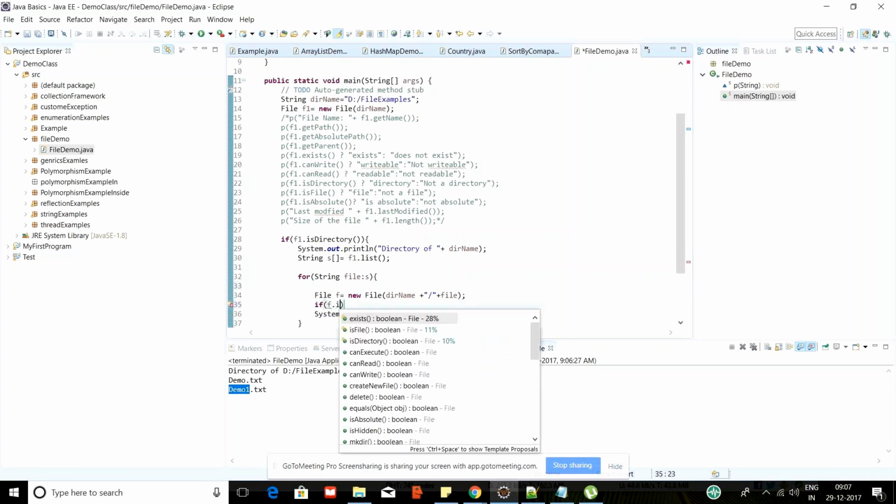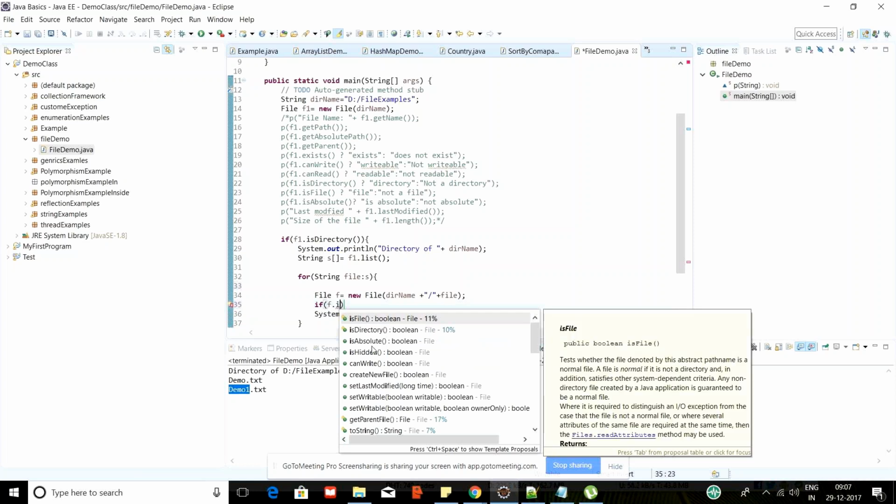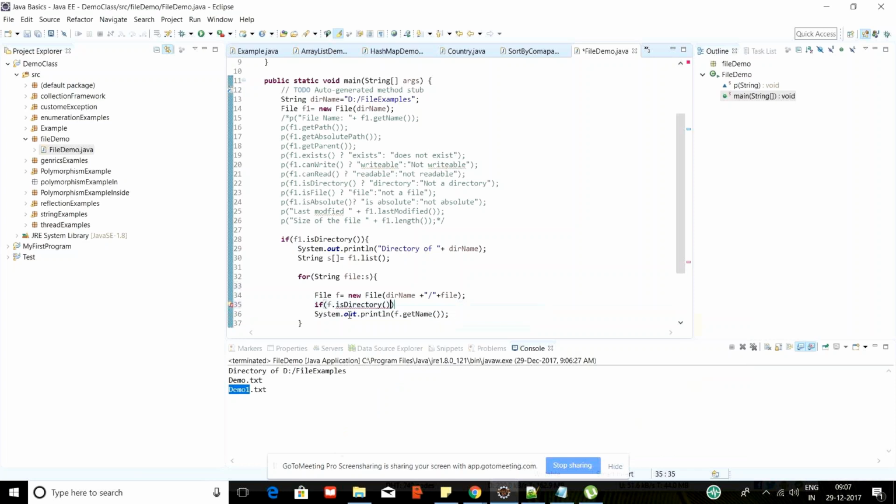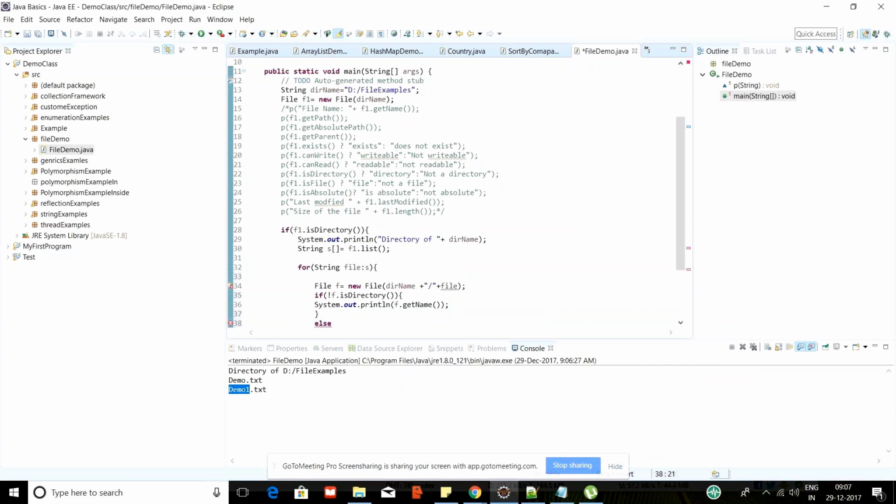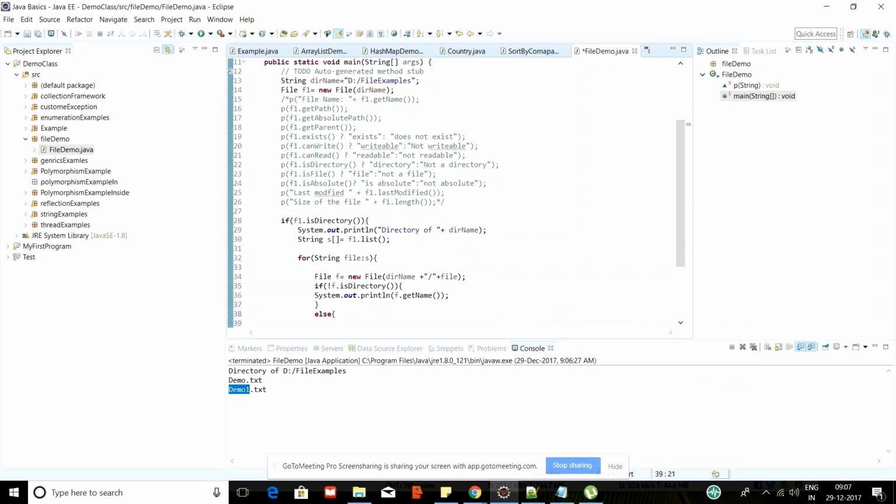Else, if it is a directory, then I'm going to take the inside of this particular directory, so I can give another String